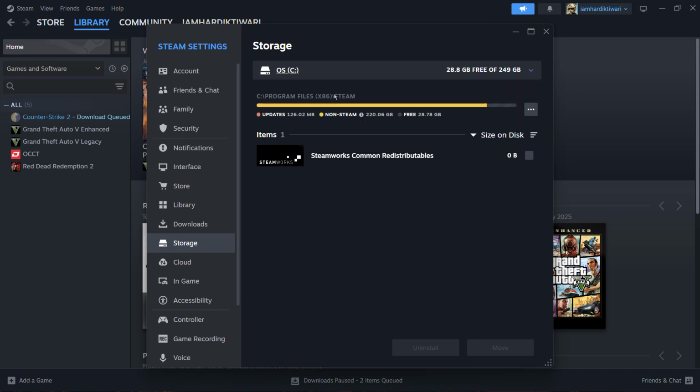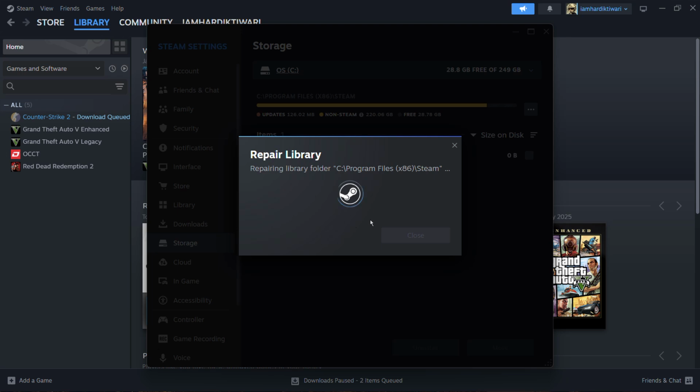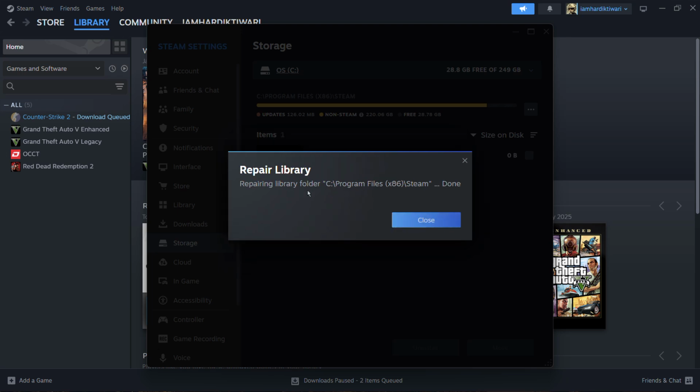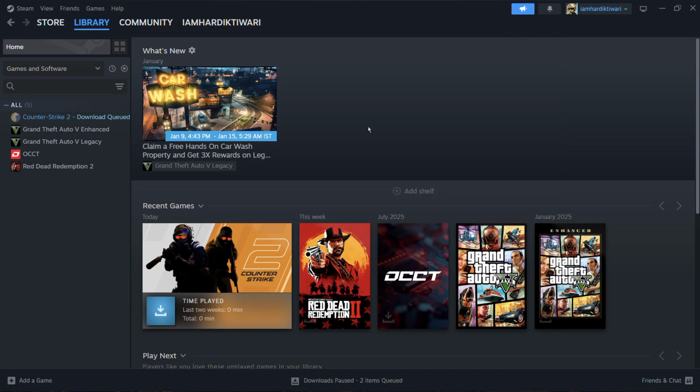So for example, if the C drive is giving you errors, simply choose the C drive and then click on these three dots. And from here you have the second last option, that is Repair Library. So click on this Repair Library and click on Yes. Now you can see that the library is being repaired and that this has been done. Just close this dialog box and try to reinstall your game again, and hopefully you will not get the error